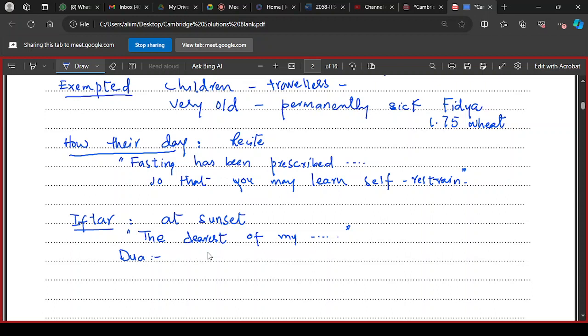Fine. So, the dearest of my servants are those who are quick in breaking their fast. Muslims break their fast with dates. It is the Muslims' practice to break their fast with dates, because it is a sunnah of the Holy Prophet, peace be upon him, who recommended that when one of you breaks his fast, he should do it with dates,